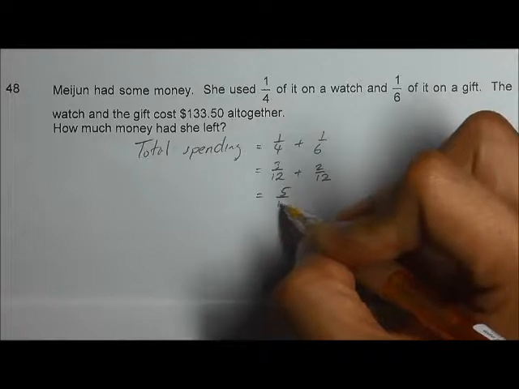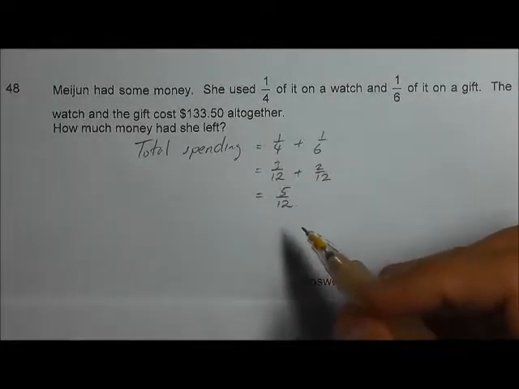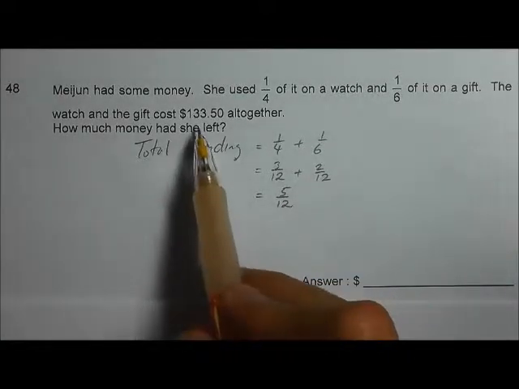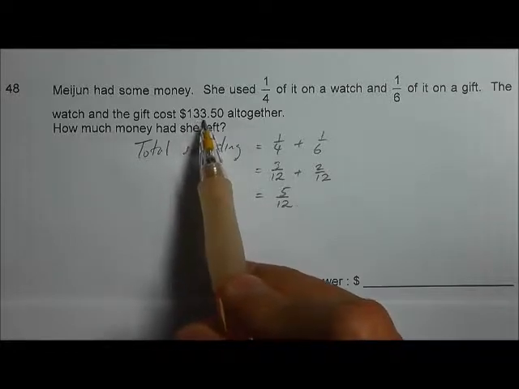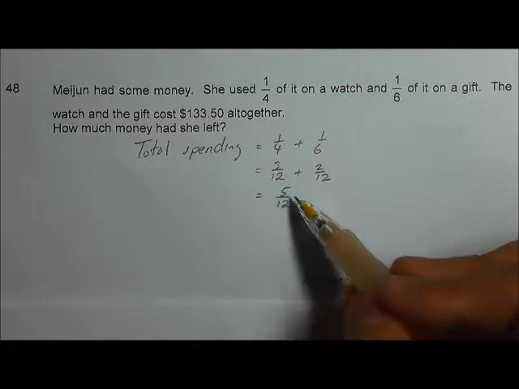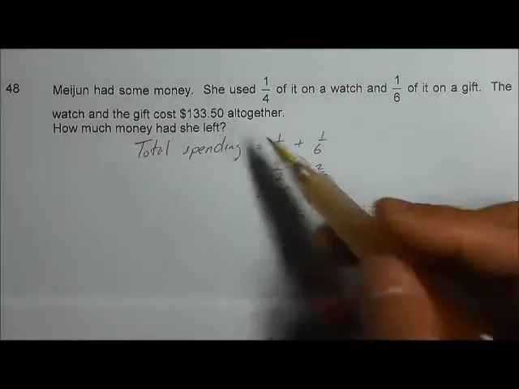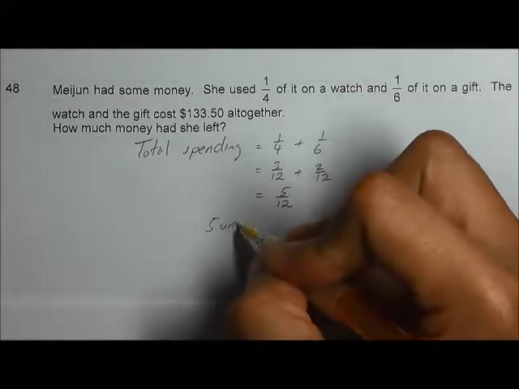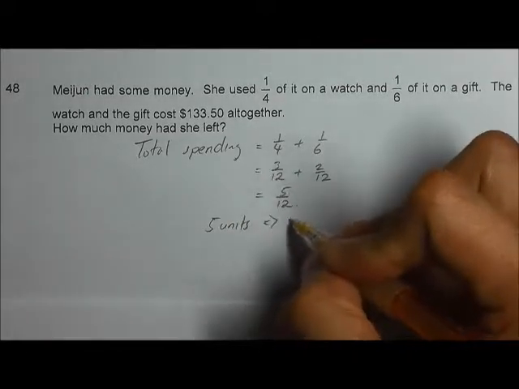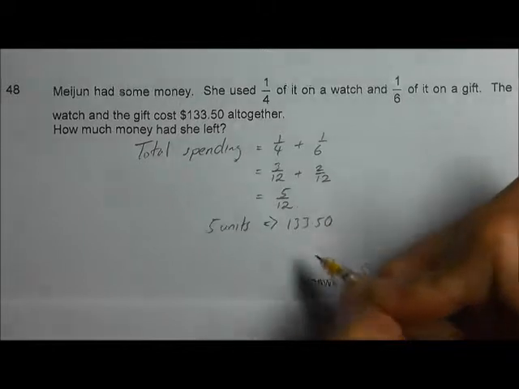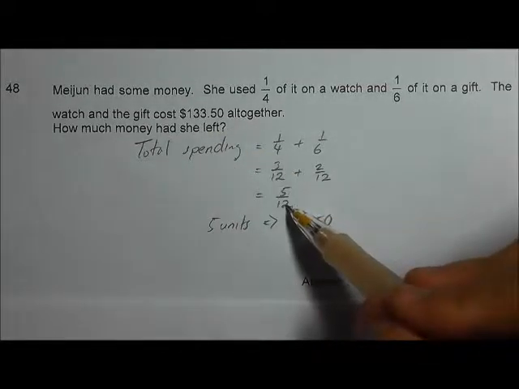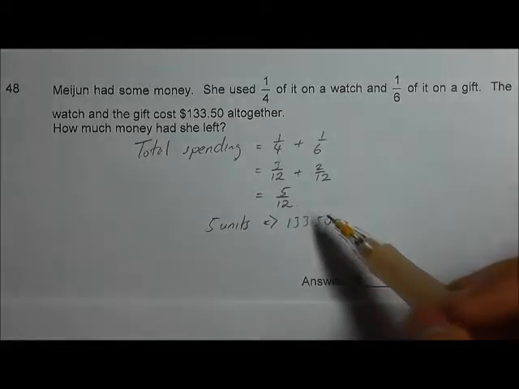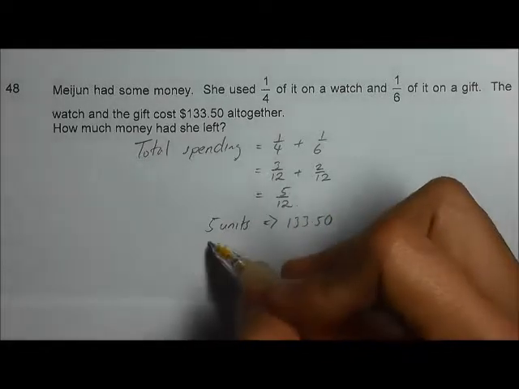So we have 5/12. And we know that the spending in all costs $133.50. So we can say that 5 units is 133.5. So the money that she has left will be 12 units minus 5 units, that will be 7 units. So 7 units